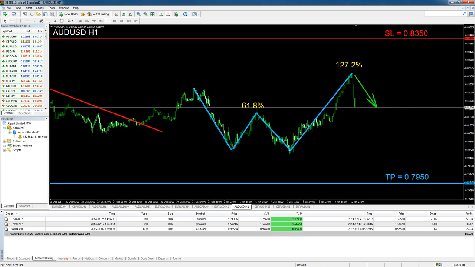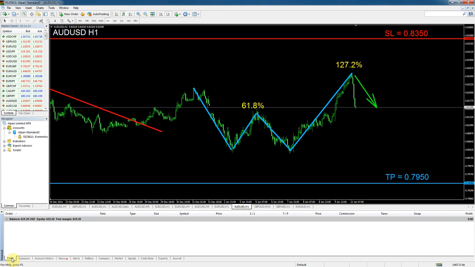In today's tutorial, we will be conducting our fourth live trade on a real Forex account. As you can see here, down at the bottom, we've got our three profitable trades that we've had so far, and that have brought us $119.20. Currently on this account, I have $619.20 of available funds. So today we'll be looking at the Australian dollar, American dollar hourly time frame,